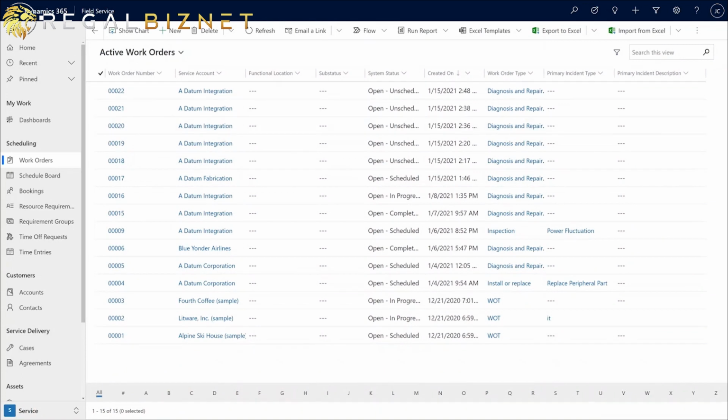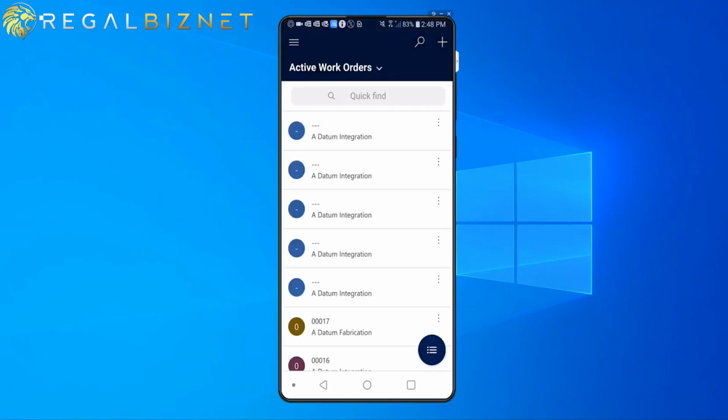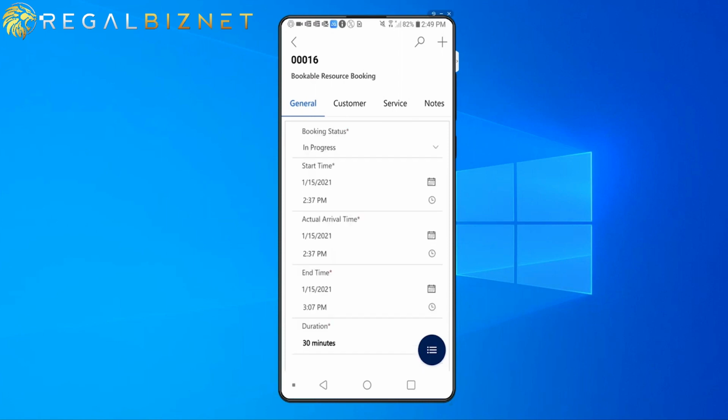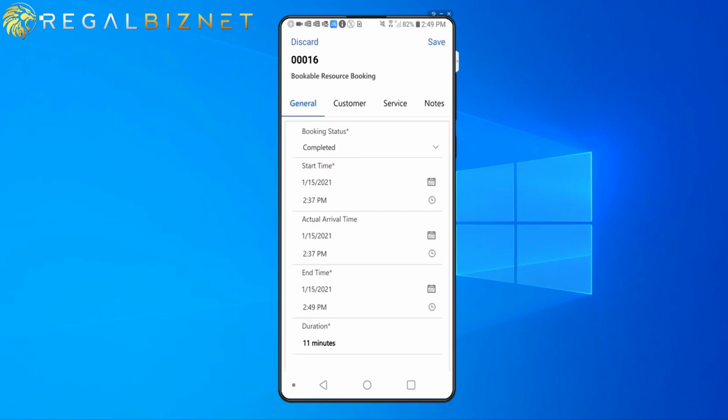Now that's definitely a way for customers and technicians to create that work order, but it does become cumbersome when they have to add all of those fields for that follow-up work order. Now imagine a scenario with this feature where you are actively working on a work order. And as you finish that work order, you are able to import a lot of the data in that work order into that new work order. So I go to my bookings with this feature. When I set the booking status to completed,